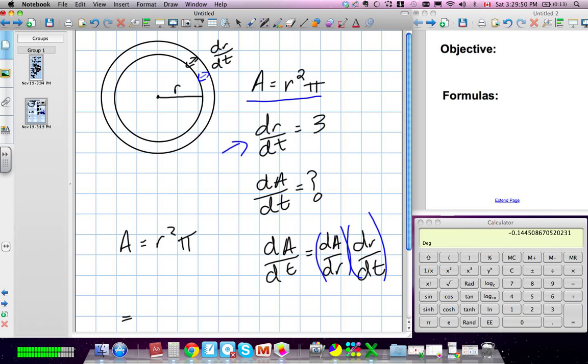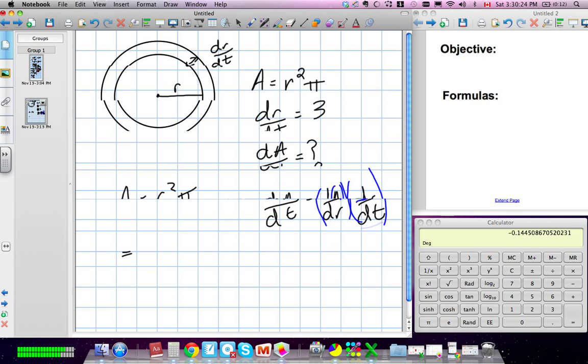So now we're talking about the change of the area in the circle. We know that area of a circle is equal to this equation. At some point, we're going to have the change in the radius of the circle over time will be 3. And we're looking for the change in area over time. Okay? So we've set the equation up. This is our change in area over time. And that will be equal to the change in the area, depending on the change in the radius, because our radius is our major variable which will affect the area of the circle, times our change in the radius over time,